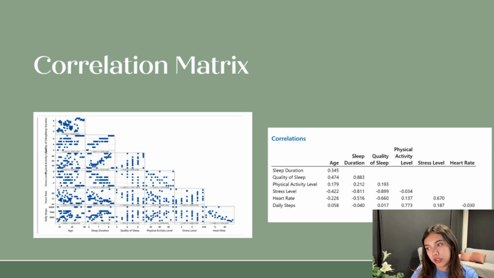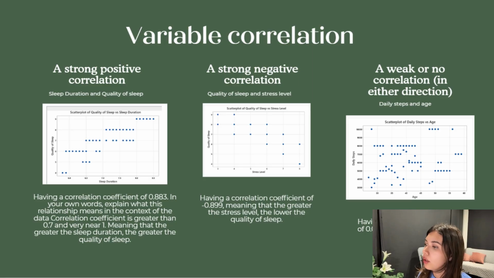In the next slide, I include the correlation matrix, so we can see how the coefficients that we see on the right picture work. The ones that are more linear are the ones that have a bigger coefficient. Variable correlation. Here we determine the strongest positive correlation, the strongest negative correlation, and the weakest or no correlation at all. First, we have the strong positive correlation,